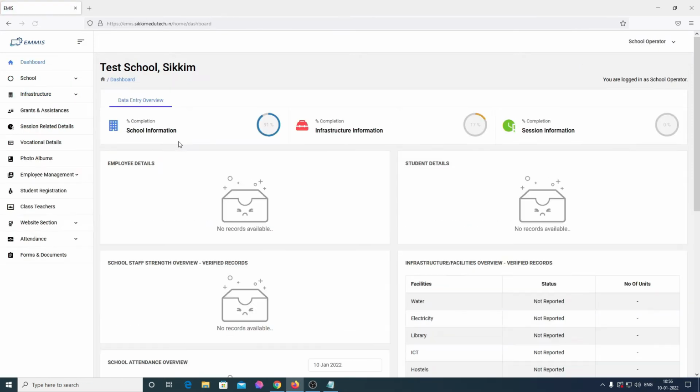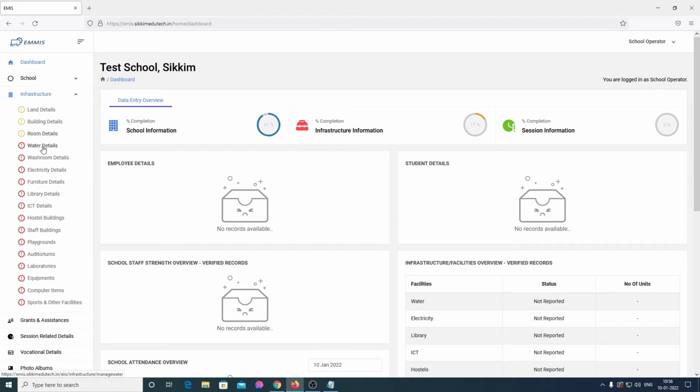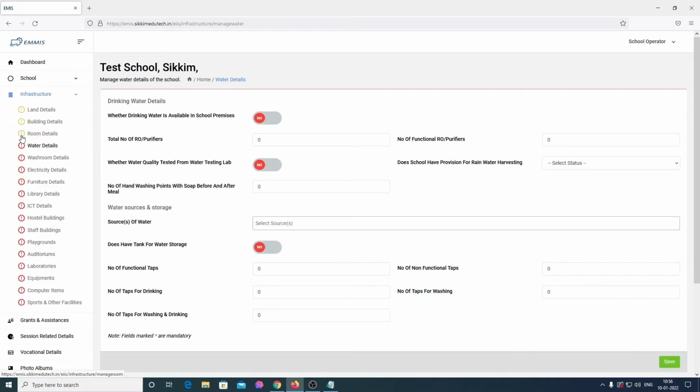Move to the dashboard section, where the 11% completion has just increased to 17%, so we can move forward with water details. In water details, you will be required to enter the details of water sources, as you can see, whether drinking water is available in the school premises or not. So if yes, you can click on yes,